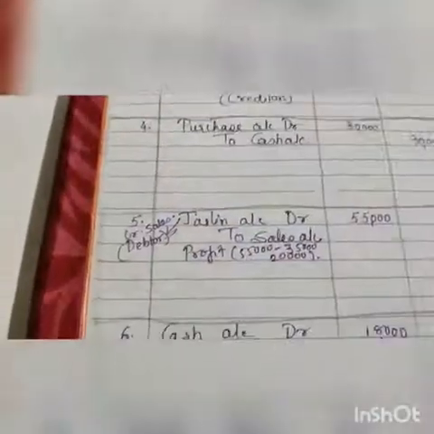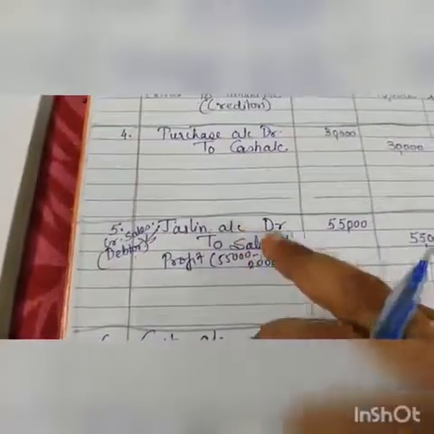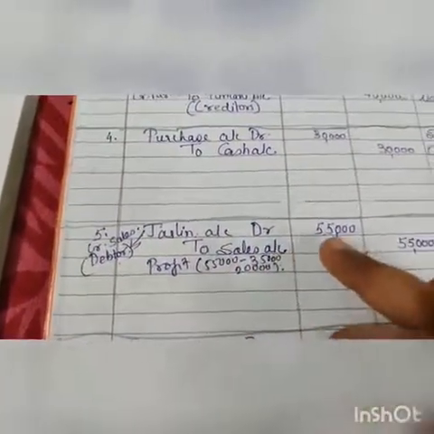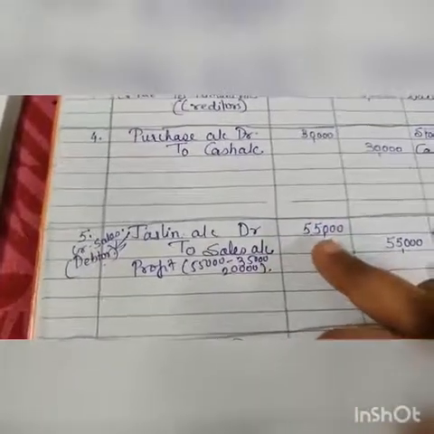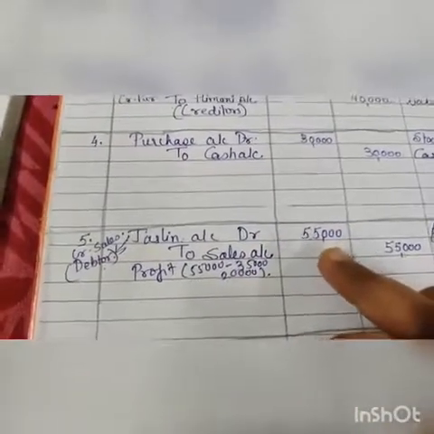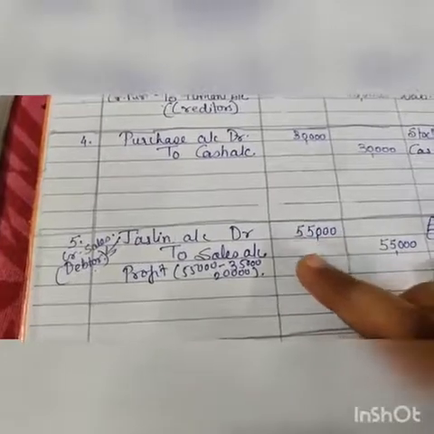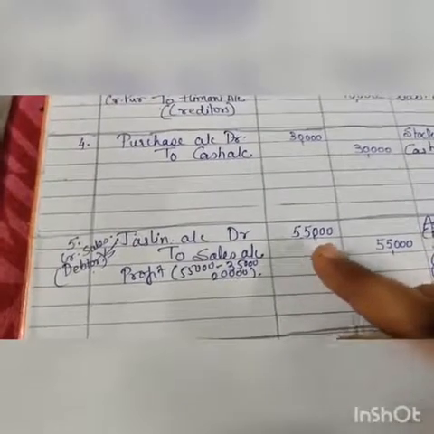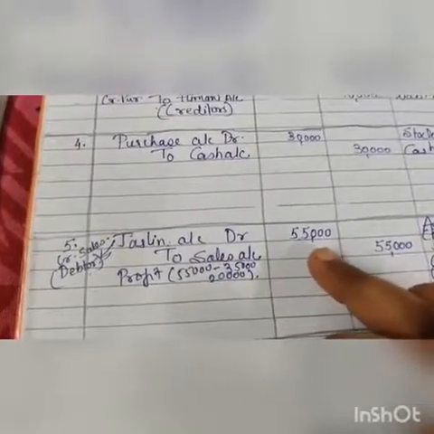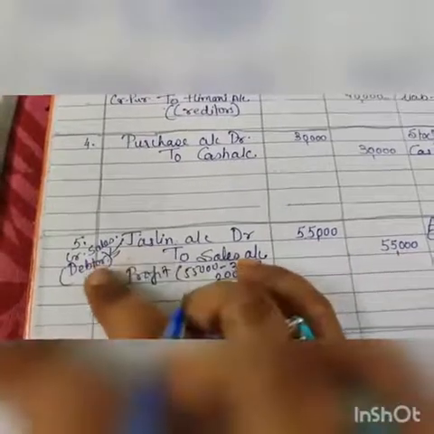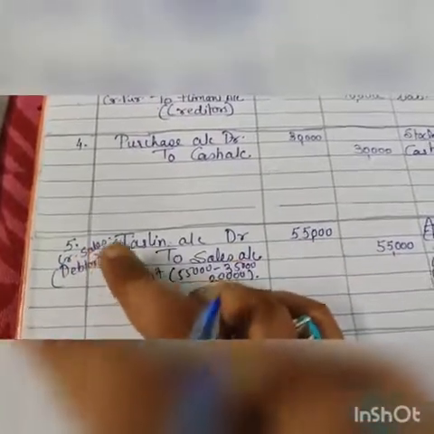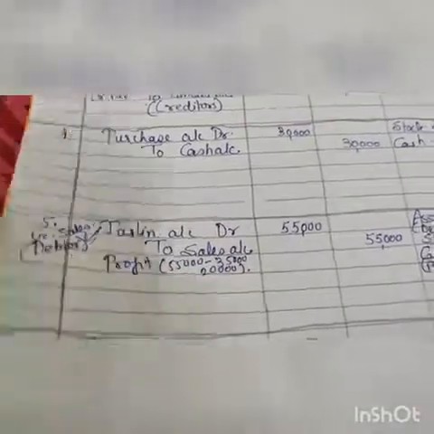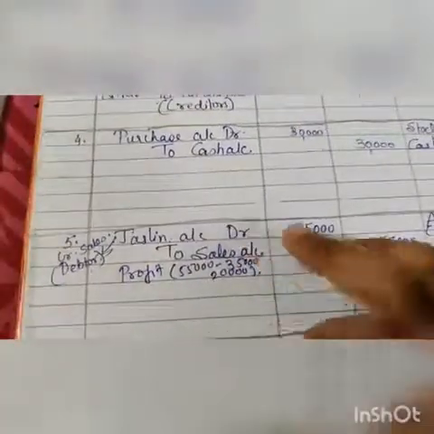Now we will see about Jasleen. So see Jasleen is here. Jasleen account debited to sales. So we were supposed to receive 55,000 but there was a sales return of 4,000. So now how much are you supposed to receive from her? So that is 51,000 you will receive from her, because Jasleen is a debtor, there is credit sale. So when you are selling something you receive the money, so here you are going to receive. So Jasleen is here on debit side, so now she will go to credit side.